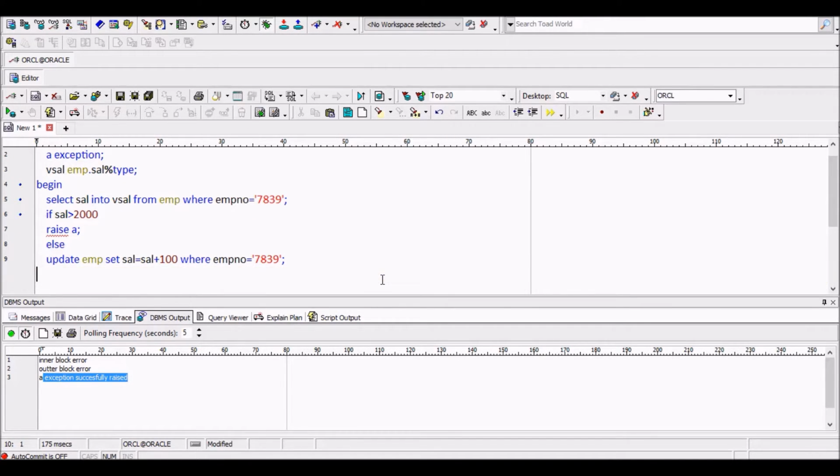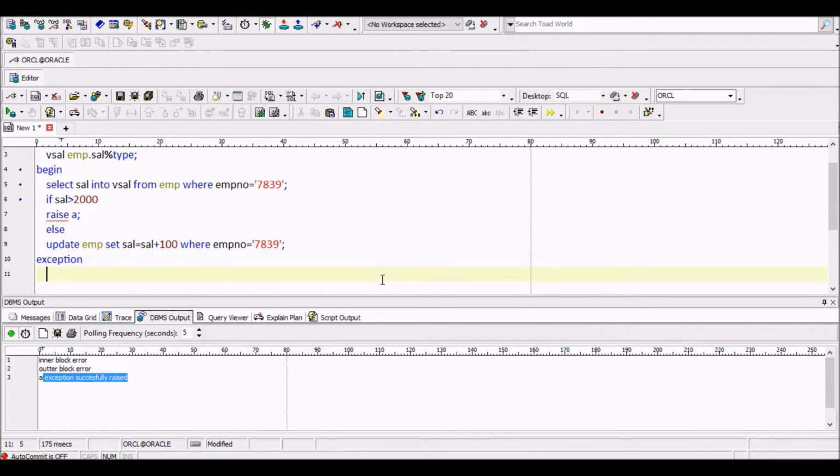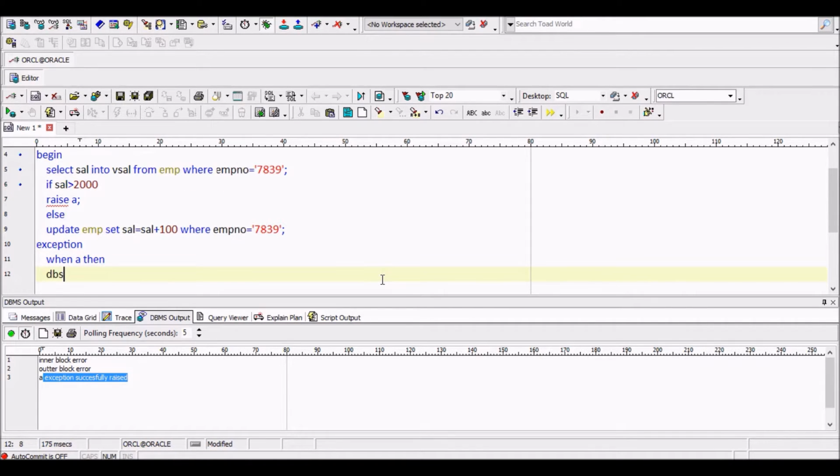Oh sorry, we have to use exception here. Exception when a, then dbms_output.put_line. So what is that error we want to print? Salary already high, sal already high.